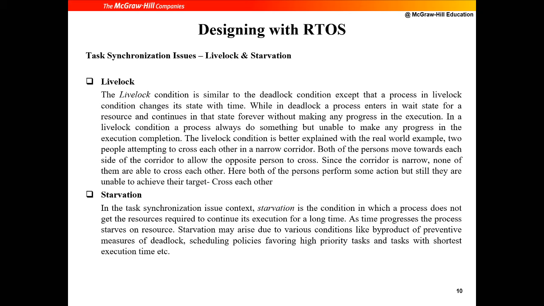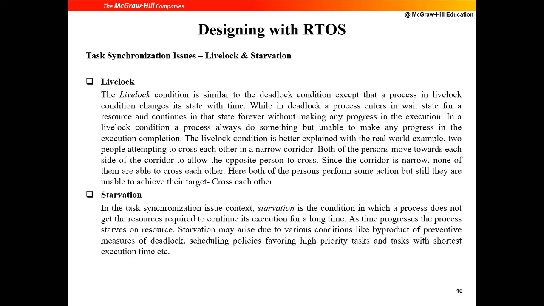Another example is if you walk in a corridor, right? It's a very narrow corridor, and you see the other person walking in the opposite direction, straight face to face with you. So you will move to the right. That guy will move to his left. Okay, so both of you will go to the same side, and then you go to the other side. So for a brief amount of time you will only be walking sideways, left right, left right, but you will not move forward, right? So very brief moment you do that. So that's the situation of livelock.